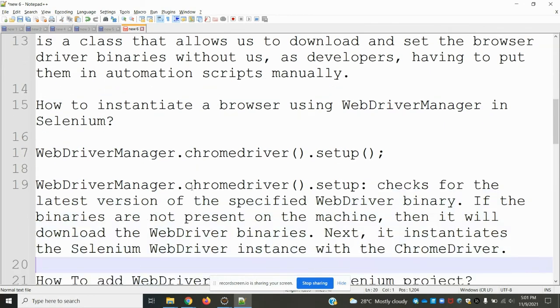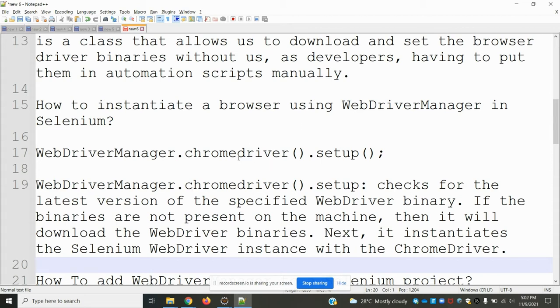Once we initiate the browser, it will download the binary of the specified web driver, Chrome driver, Firefox driver, those things, and store it.